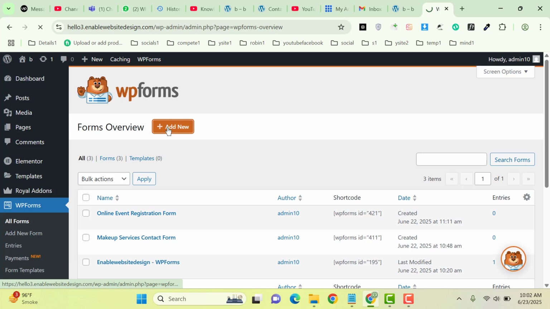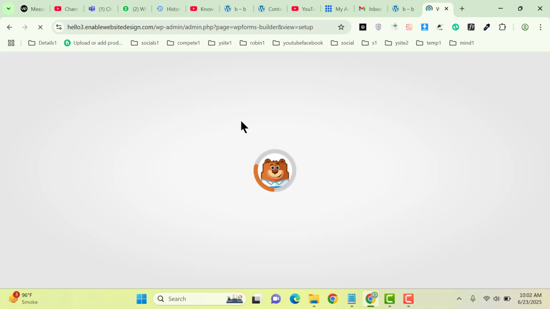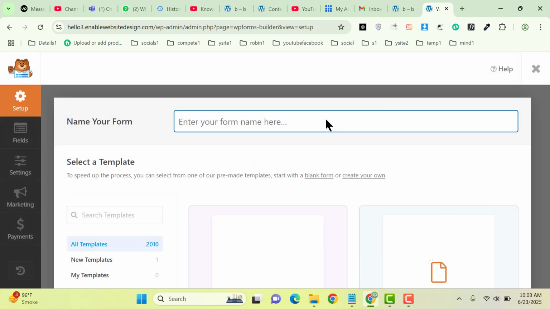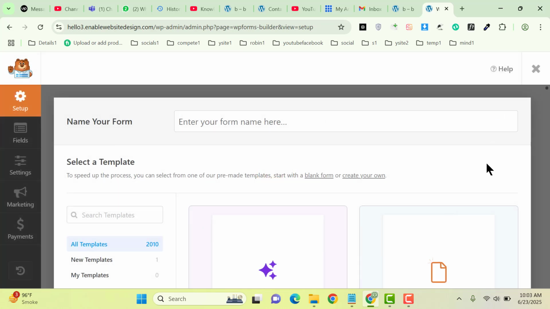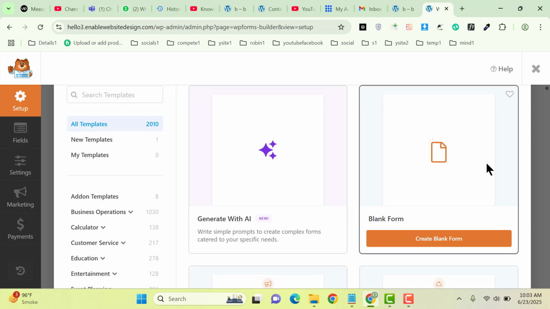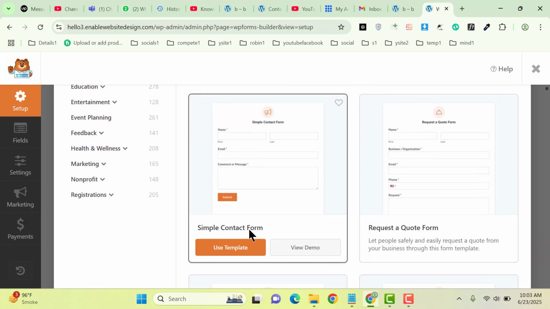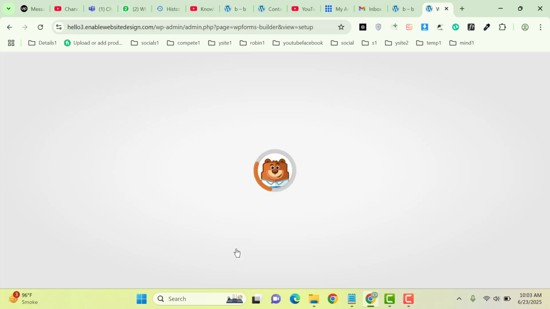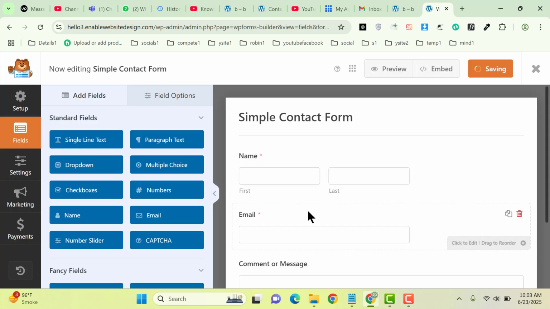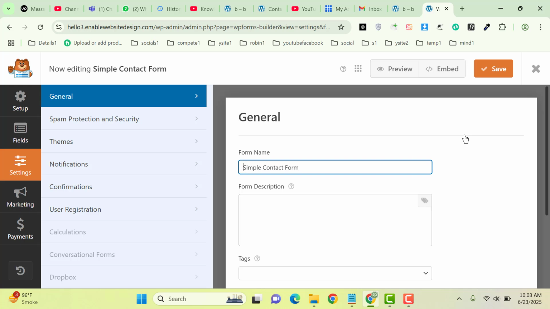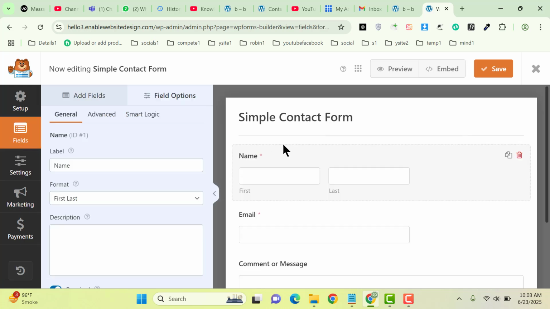Okay, now to create a file upload form, let's go and click on add new button. So now let's go and select a template. You can also generate a form using AI. Then simply click here, use template. So now basic contact form is ready. Now how you can add file upload option. Now let's go back